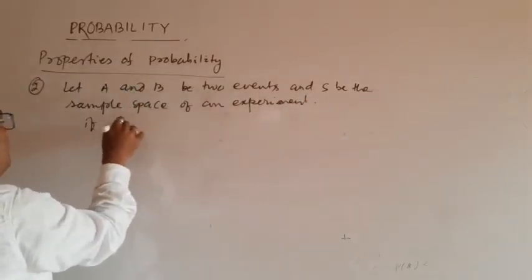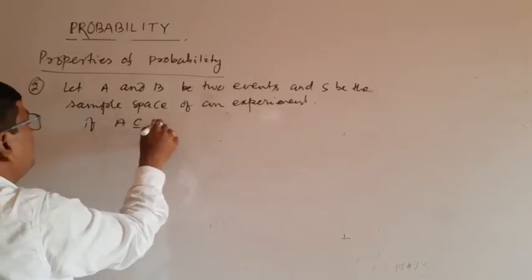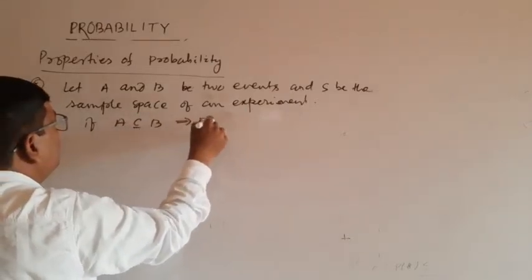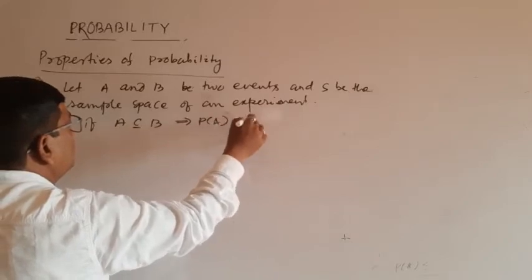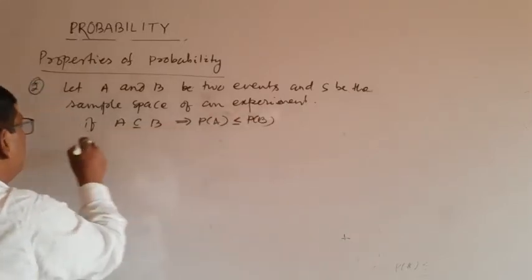If A is a subset of B, then P of A is less than or equal to P of B. Proof: